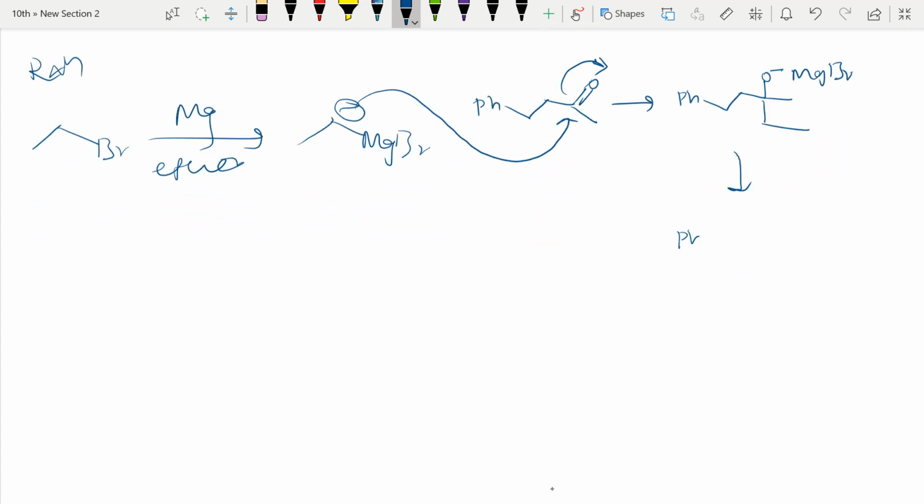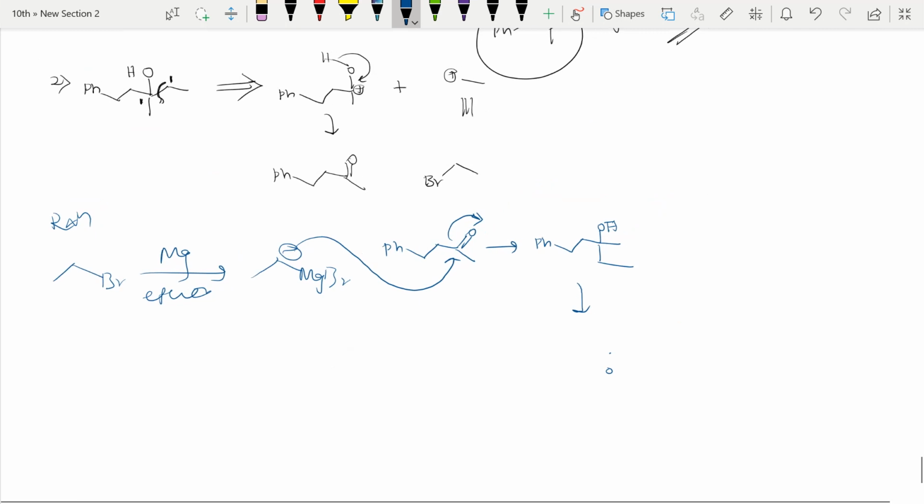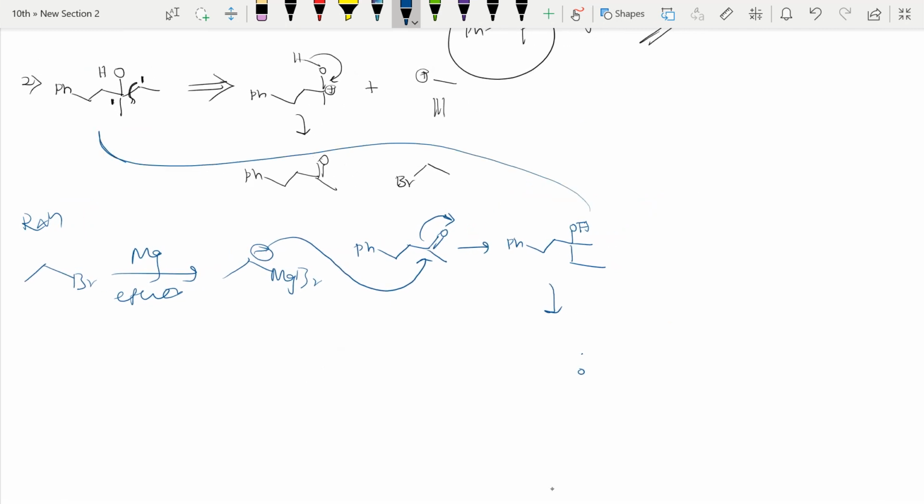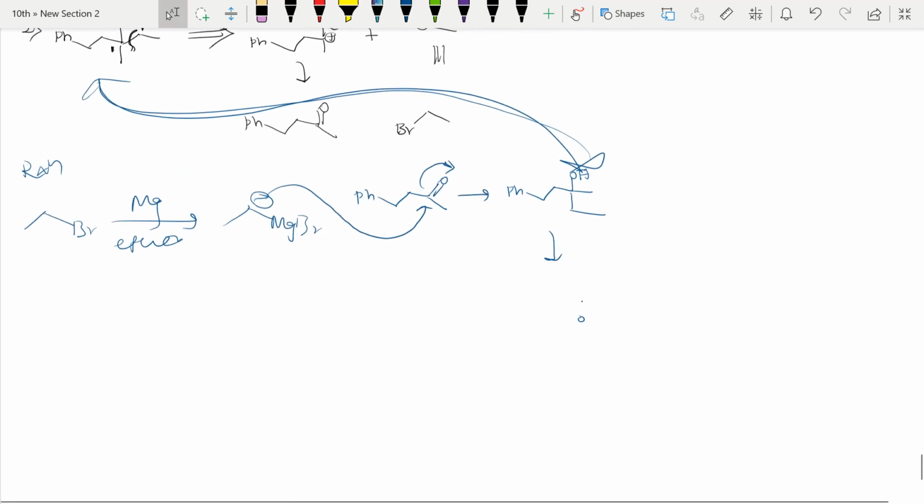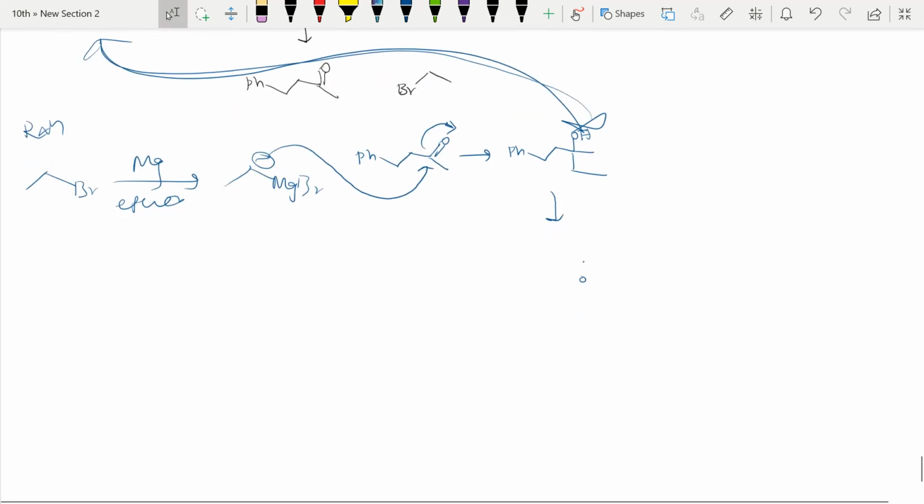I will just rearrange that thing. I will write CO here, CH2CH3, right? Did I do anything wrong? No. If I do hydrolysis, see here, this MgBr will leave the system and I will get O negative followed by OH, right? Is it the same material which I started with? Let us check. Yes, both are the same, right?